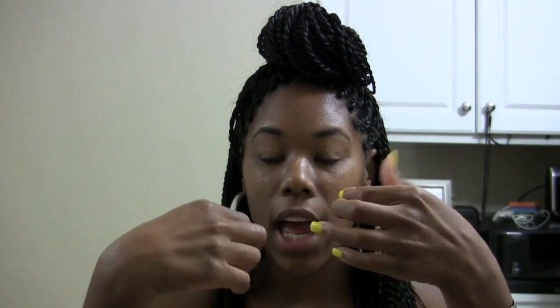back of it. Now this took me about 2 days to do because this was my first time doing Senegalese twist, and not only that, it was my first time doing crochet braids. So if you've never done Senegalese twist or Senegalese, whatever, everyone pronounces it differently, then you don't know that it's not only just the twisting, you have to twist the actual hair and twist it at the same time. And if you're not familiar with it, it can be kind of time consuming, especially when you have braids that